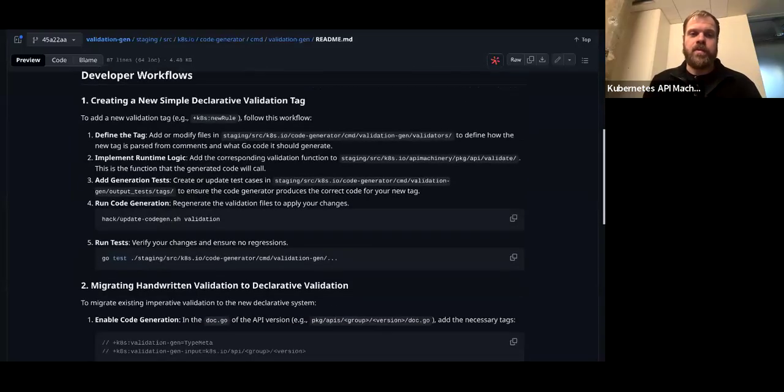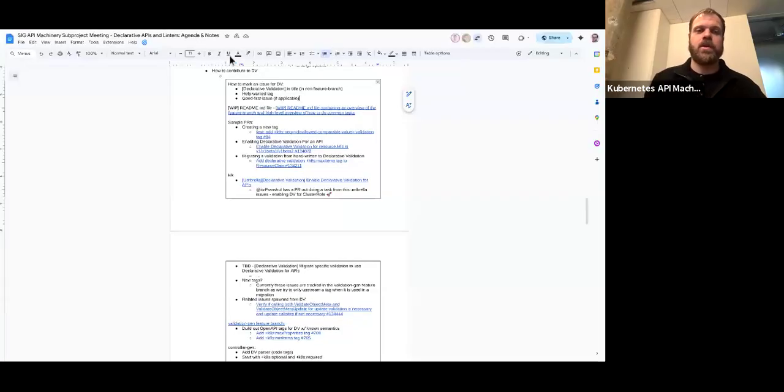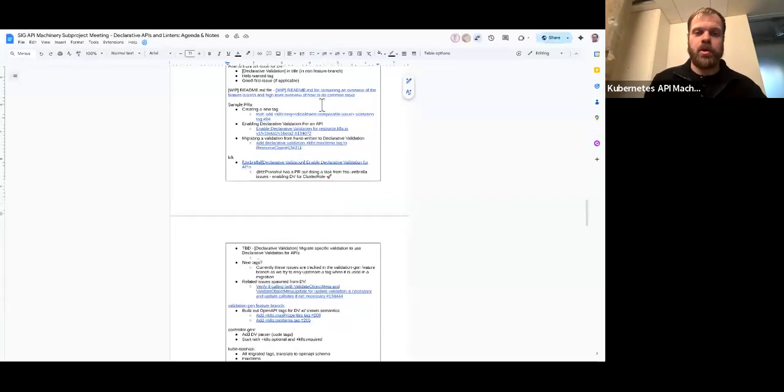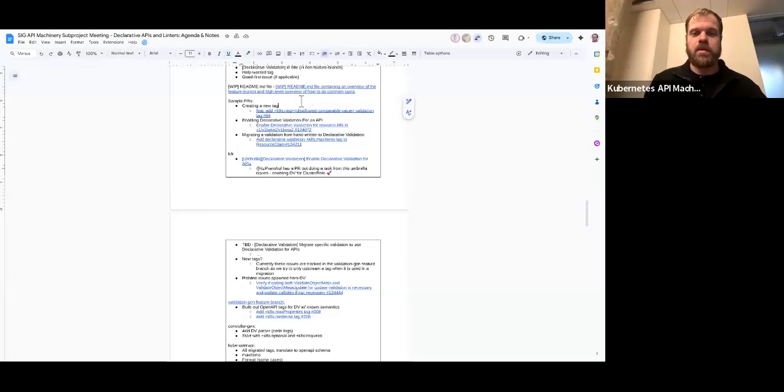And the idea, as far as work streams or why this is relevant, is that for declarative validation, especially for folks that want to get started on the project, there are three main things that we're trying to do currently. For new folks, one would be to create tags.